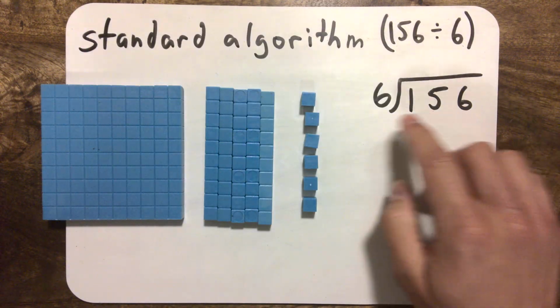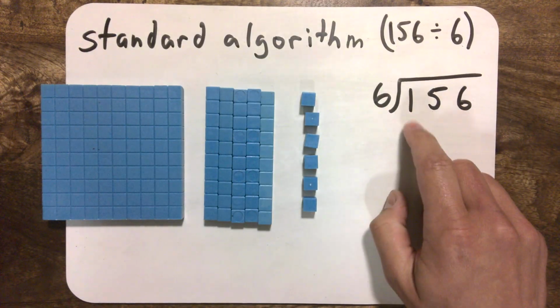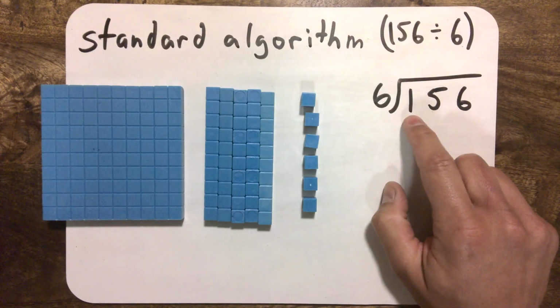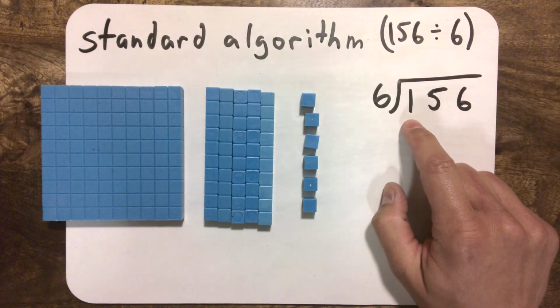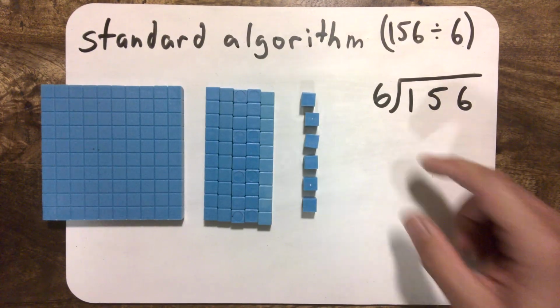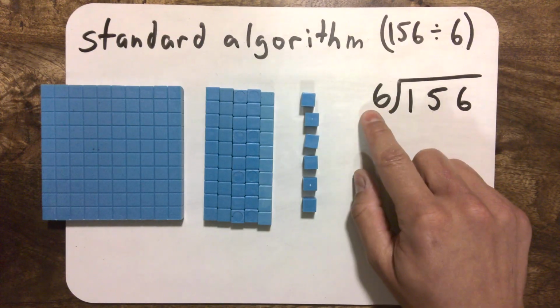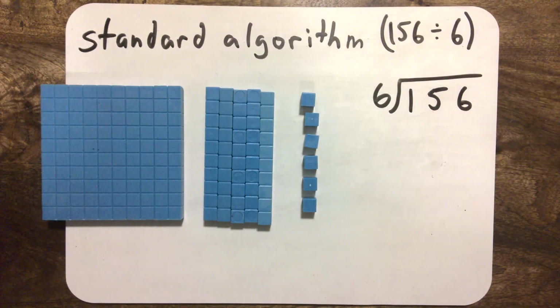So for 156 divided by 6, most of us probably know that we start with our largest place value. Common language you might hear is, how many times does 6 go into 1? Or as we move on, how many times does 6 go into 15? So kind of what we want our students to be able to think, the perspective to approach this is,